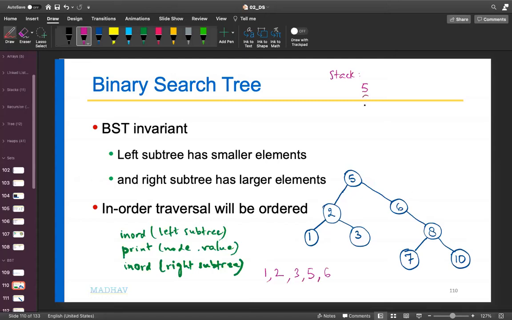So you put 6 on the stack. Go to the right subtree. You are at 8 now. Now at 8, you will go to the left subtree. So put 8 on the stack. Go to the left subtree. You are here now. It has no subtree, so you just process this one. You print node value 7,